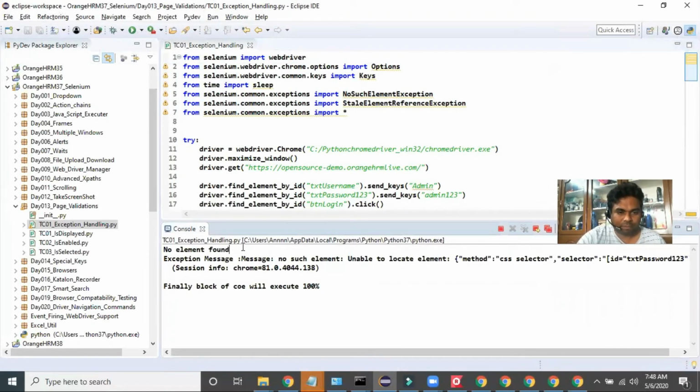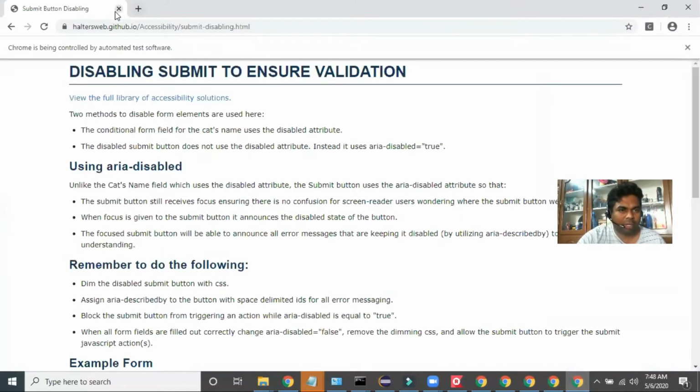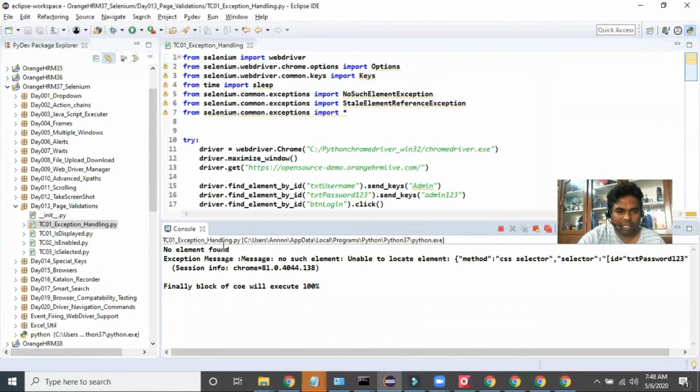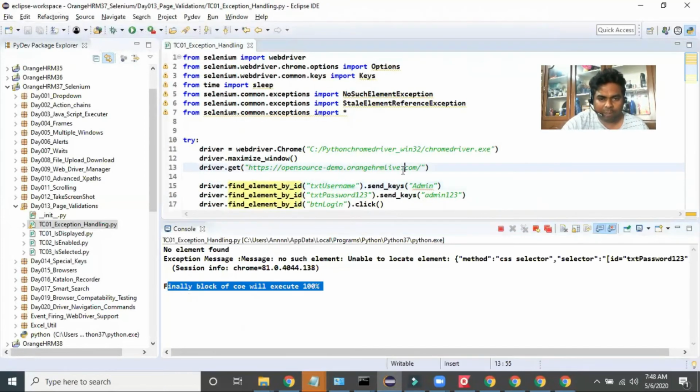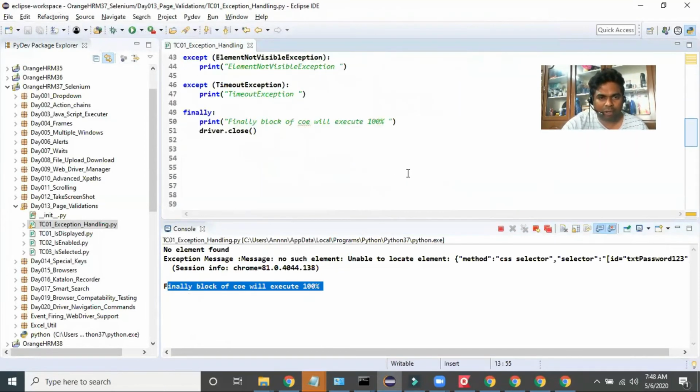The browser is already closed automatically, so it is throwing an error, no element found, txt password 1 2 3 is unable to be found, and the program executed. The finally block of code also executed 100%, and your driver also closed automatically.